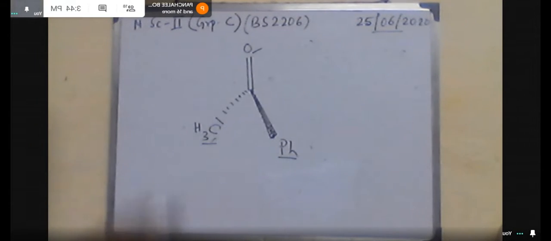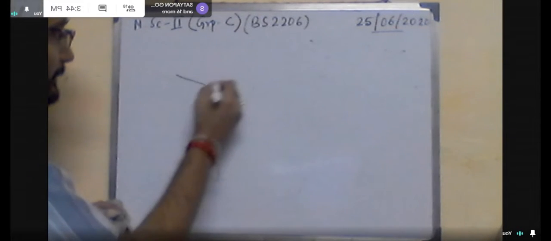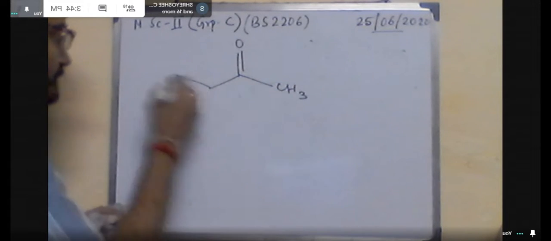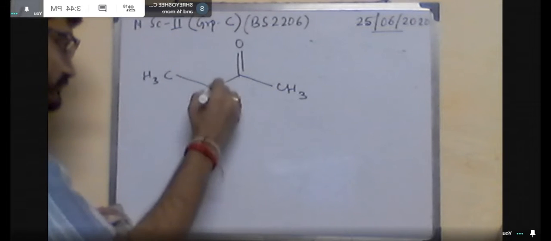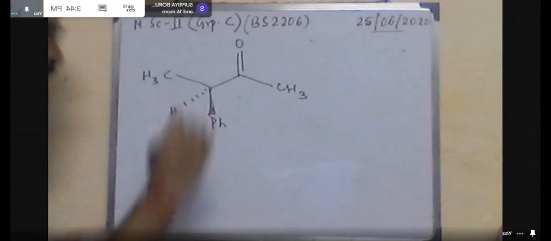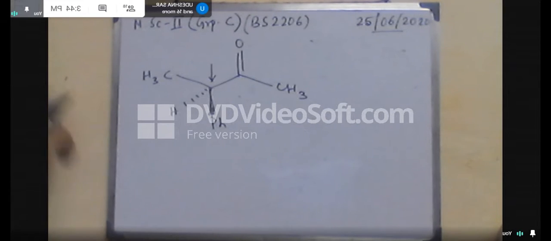in this case you can see I have included an additional center of chirality. And keep in mind, in this type of reaction or in any molecular structure, if the chirality is fixed, is added here, that will be fixed at the initiation of the reaction as well as after the completion of the reaction. So that means now if we find the configuration of this chiral center, this is 1, this is 2, 3 and 4.